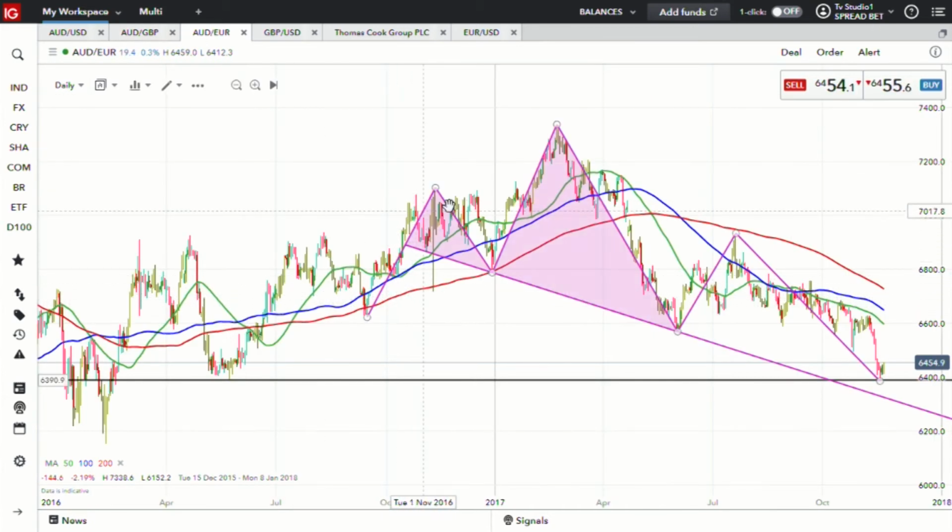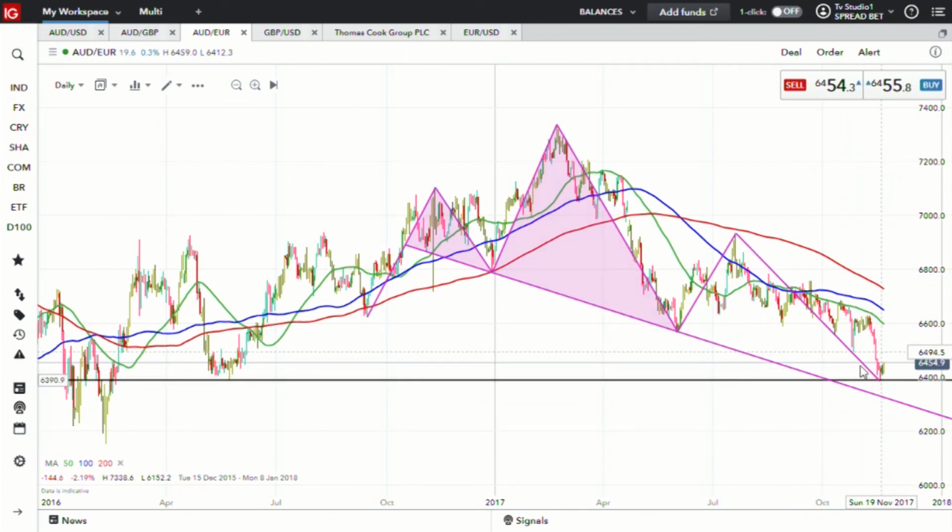Now this is a little bit different because the head and shoulders pattern that started out here on that low point on the 16th of September hasn't yet been completed. But interestingly enough, we are faltering, or we're hesitating I should say, at this 63.90 level, which was the low point we saw back on the 23rd of May 2016. So we've seen this long-term head and shoulders pattern almost complete. If you get a daily close below that 63.90, you're then looking at support at something like 63.10, which would be this continuation, this neckline,